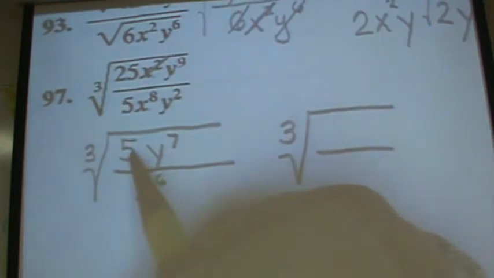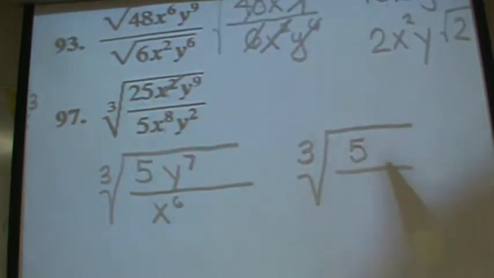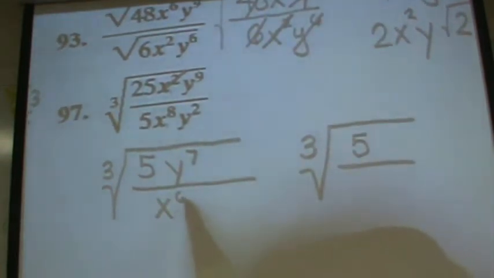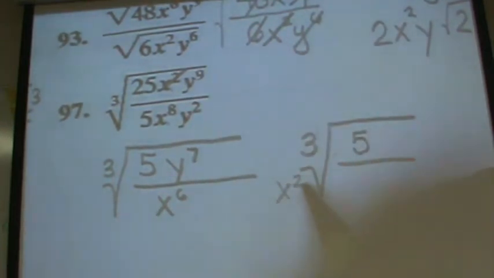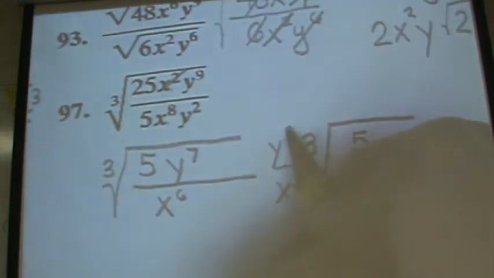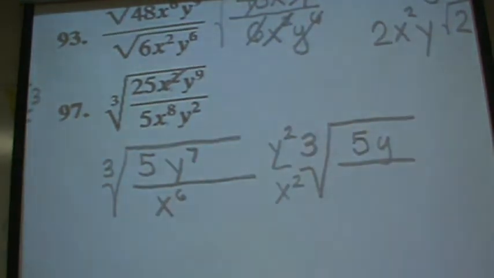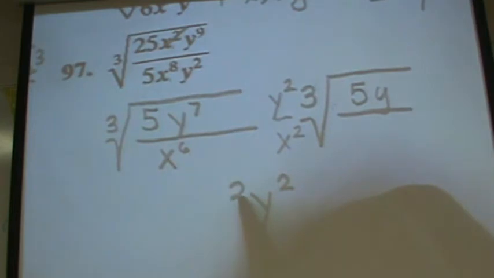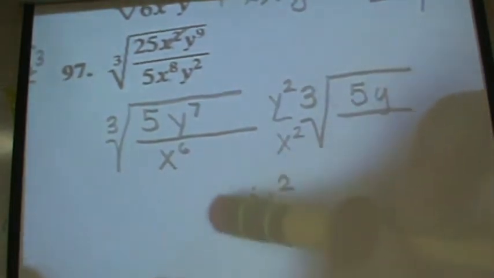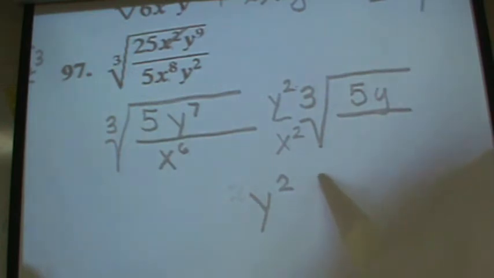I know that this 5 has to stay. But I know what could come out. 2 sets of x's could come out, so they wouldn't stay here, they would come out. And here I've got 7 y's, so 2 sets of y's would come out, but 1 y would stay. So technically what I have here is y squared. Actually I have a cube root. I have y squared times the cube root of 5y,